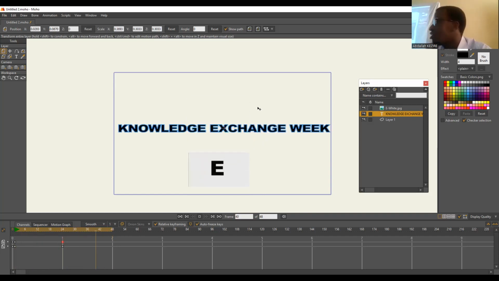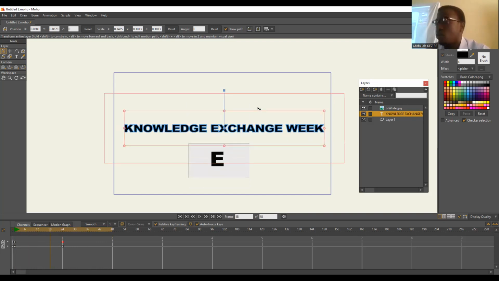Yes, online software also has it, but when you have not paid, you have the trial version. You can do all of these things, but the problem is that when you are exporting, they will add their watermark, they will sign on it, and it's annoying sometimes. You want to do something interesting, and they put their mark. But with the full version now, you will not have anything written on your work.